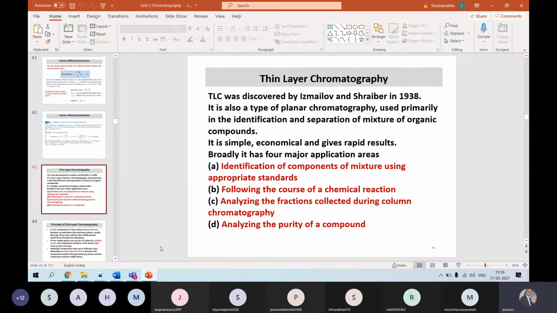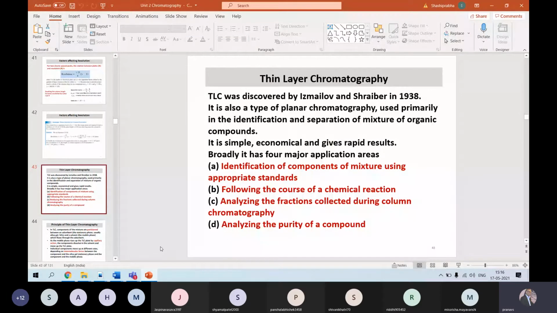And the third most important thing which can be associated with thin layer chromatography is that it is very useful when we do conventional column chromatography. Now when I say column chromatography, please don't confuse it with the columns which you use in HPLC or GC or GPC or any other technique. This column chromatography which I have mentioned here has nothing to do with these columns, with these techniques.